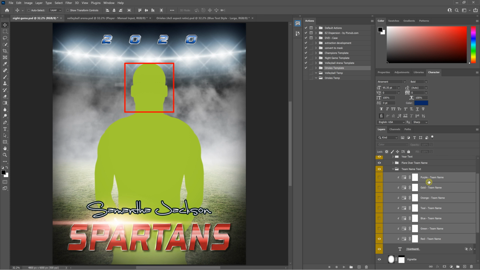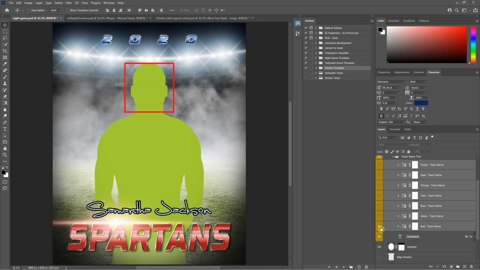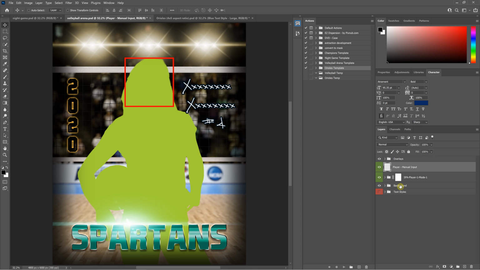So if you remember in the night game template, all of the color adjustments were done using just a very basic system where there's adjustment layers clipped to that text layer where it's just going to adjust the color. Now this does not work very well in all situations, and so I'll just demonstrate here, but that's not going to work for all different types of text layers. So for example, this year text in the volleyball template,